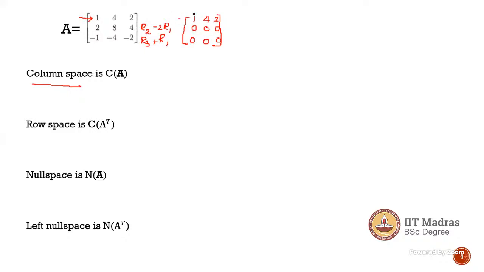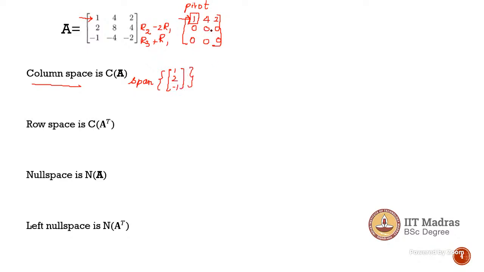Here the first pivot element is in this position. So this is your first pivot element. In this matrix, can you find any other pivot elements? No, because all the other elements in the second and third rows are equal to 0. Hence, this is your only pivot element. And what is the column space? The column space is the column corresponding to this pivot element 1. Therefore, it is your first column. So the column space is the span of the first column, which is 1, 2, 1, minus 1. So that is the column space of this matrix.